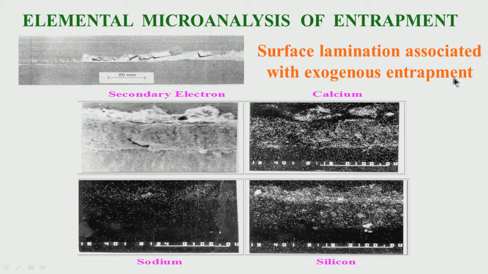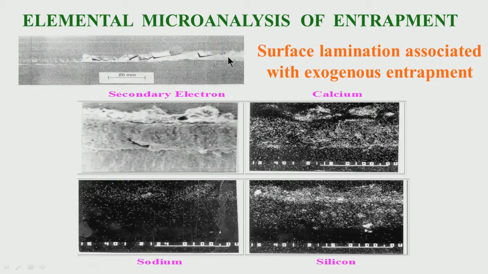So, exogenous entrapment of mold powder. Why mold powder? Because sodium is present. Had there been just calcium... here you see calcium is present, silicon is present, sodium is also present. If you take fluorine analysis, you will find that fluorine is also present, aluminum also will be present. So, you can make out from the exogenous entrapment what the source is. So, mold powder entrapment has caused this